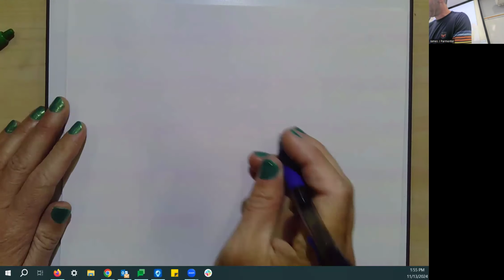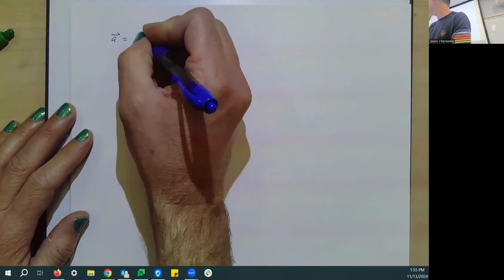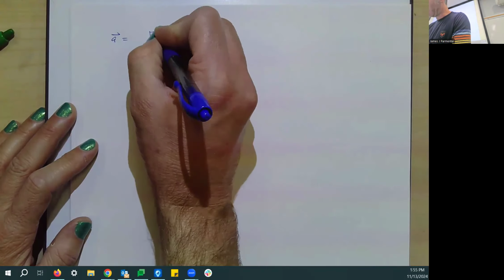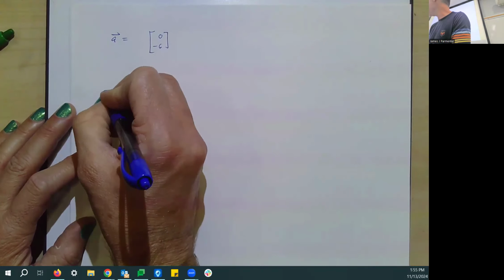No, I want to answer those vector questions first because those ones actually, the angles are reasonable to deal with. So let's talk about those vectors real quickly. Looks like I'm going to change all of them. So let's say our vectors are A equal to (0, -6), B equal to